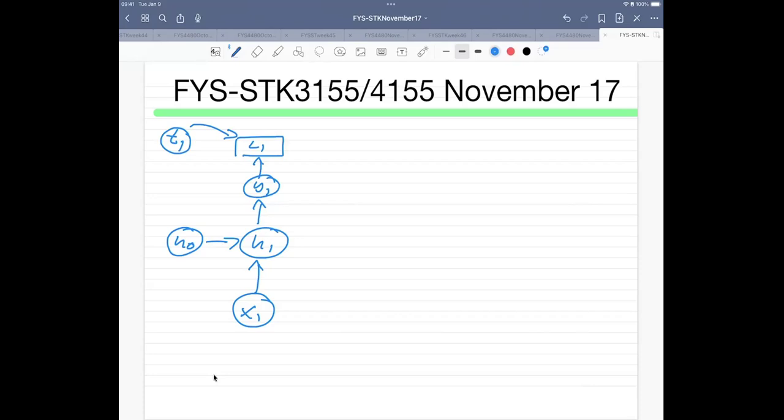So this could be you make a measurement of the positions of a bike. So at the position X1, you measure, for instance, the velocity of the bike. Then at the position X2, you measure the velocity, etc., etc. And then you want to make a model which reproduces the velocities.